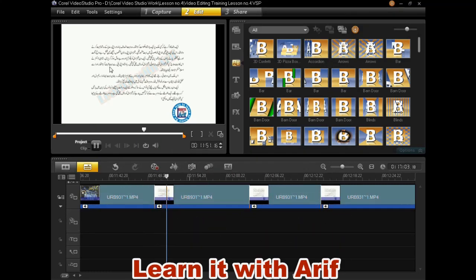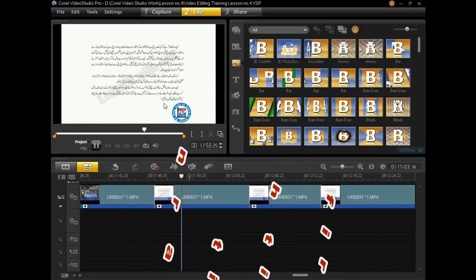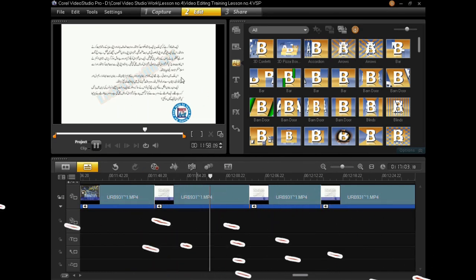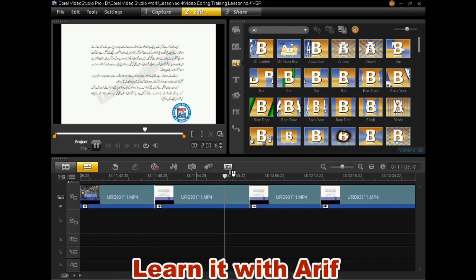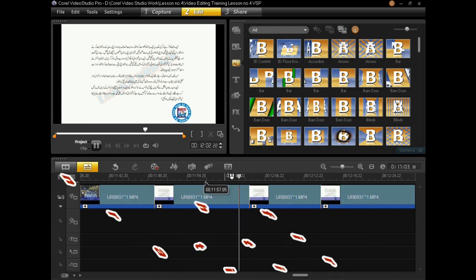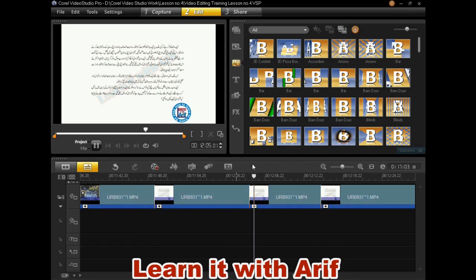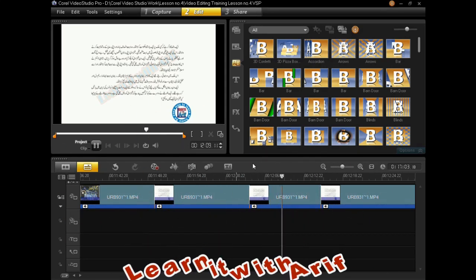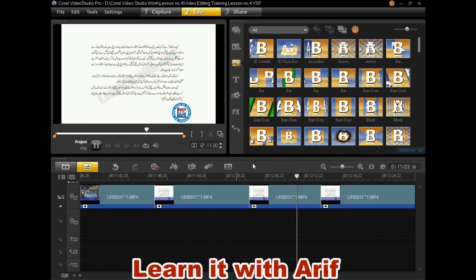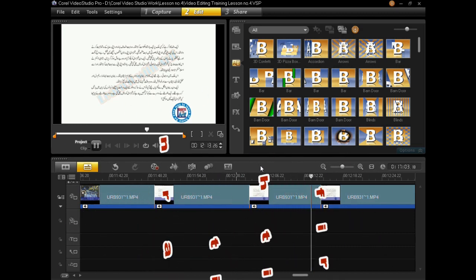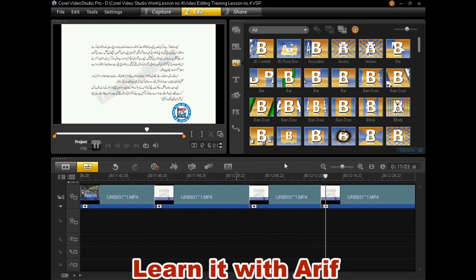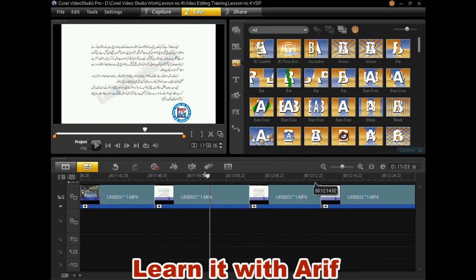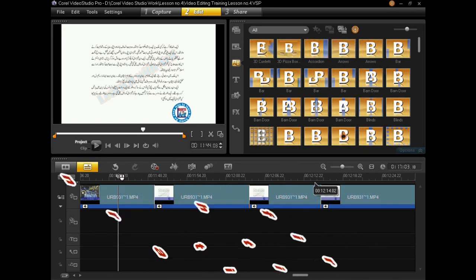Just see in the player panel, in the preview window, how the clips are switching from one to another. You have seen. Now let us apply transitions and see.